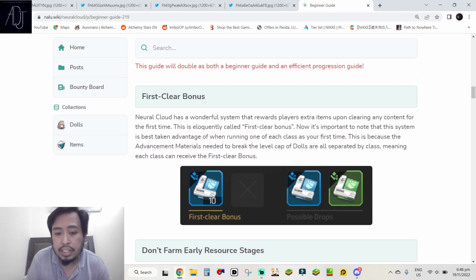And it says here that this is eloquently called first clear bonuses. The important thing to note here is that this system is best taken advantage of when running one of each class as your first time. This is because the advancement materials needed to break the level cap of dolls are all separated by class, meaning each class can receive the first clear bonus. So you should be building your team with different classes when you clear stages,